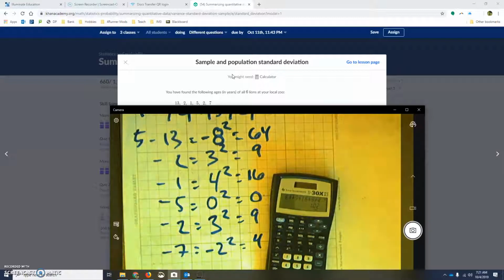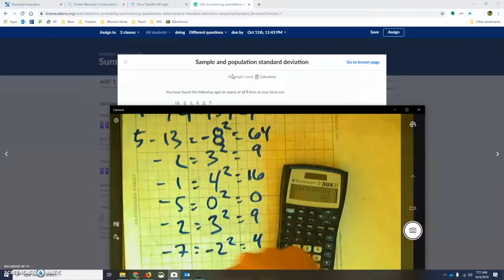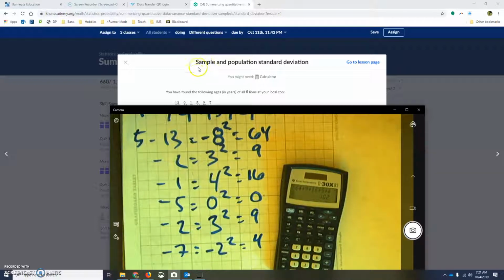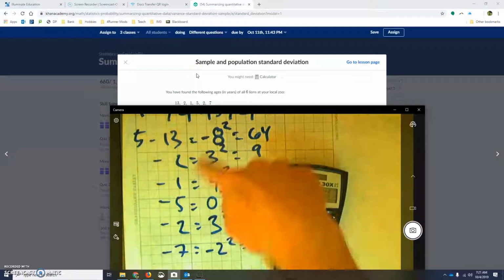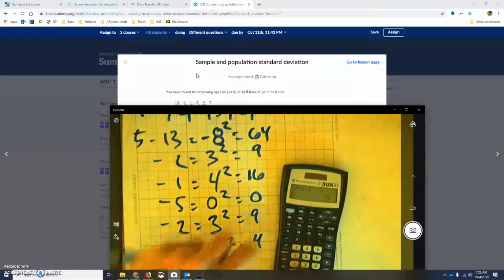Now the difference between a sample and a population standard deviation: when you have the entire population, you divide by how many you have, which is 6. When it's a sample, you take your number, which is 6, and subtract 1. We're not doing that here. We have the entire population. If it was a sample, we would be dividing by 5, but we have the entire population, so we divide by all. So we get 17, that's the variance, and to get the standard deviation